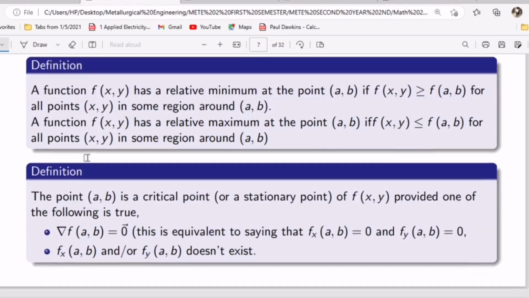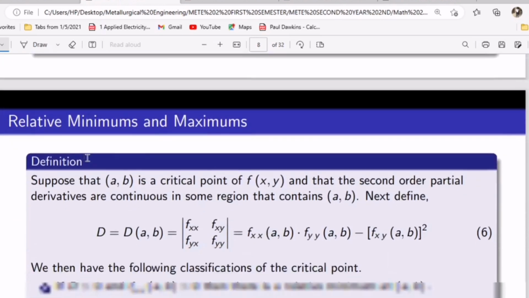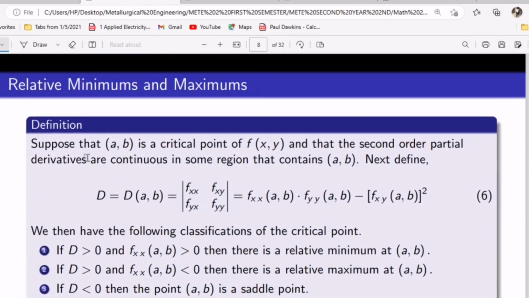So these are our definitions, but the one which is most important is what I'm going to show you here. Suppose that (a, b) is a critical point. Always, finding the critical point is the main important thing. The moment you get a critical point wrong, it means that your answers are going to be wrong. So please pay attention to how I'm going to teach you to find the critical point